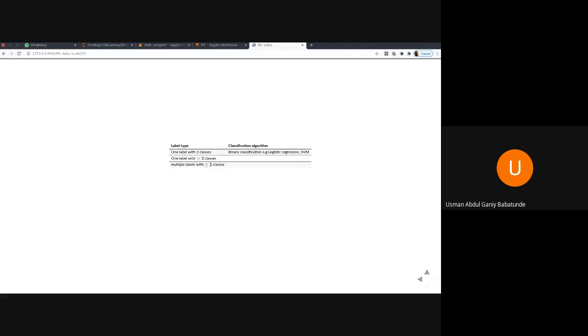So let me take an example. If you have so many pictures and you want to classify them into, let's say, four classes, that's multi-class. Now your label is a multi-class label, right? Four classes of maybe red, blue, green, and yellow. This is more than two classes, obviously. Then how do you apply this binary classification algorithm to this kind of problem? Then what you will do is this one versus all that